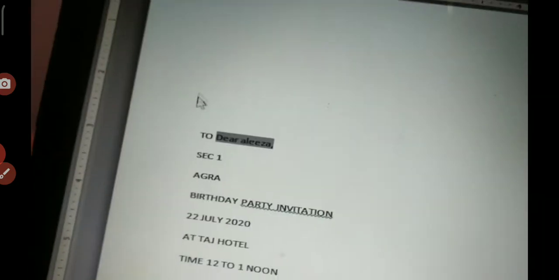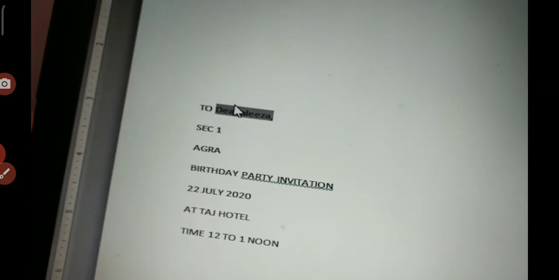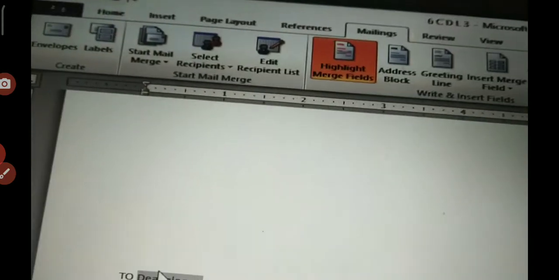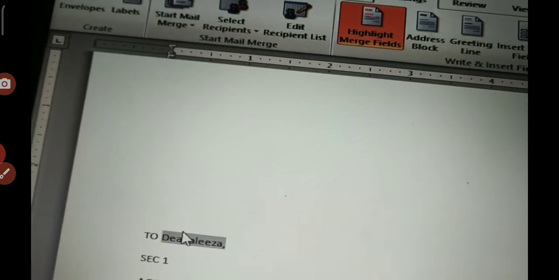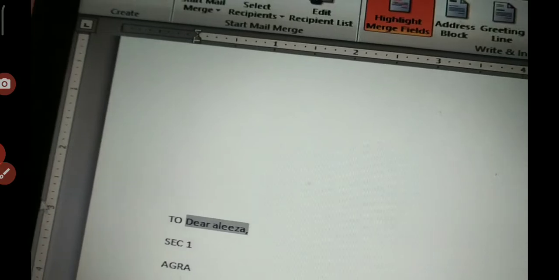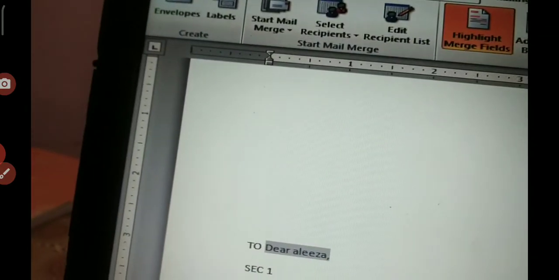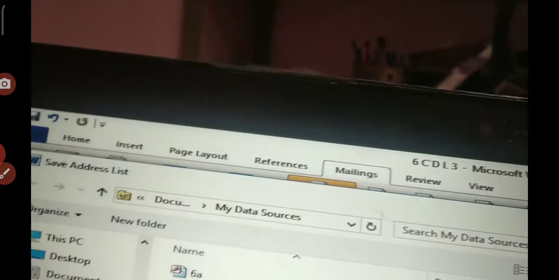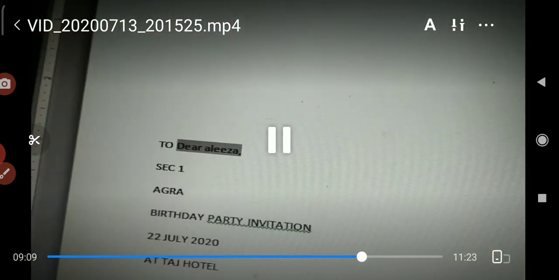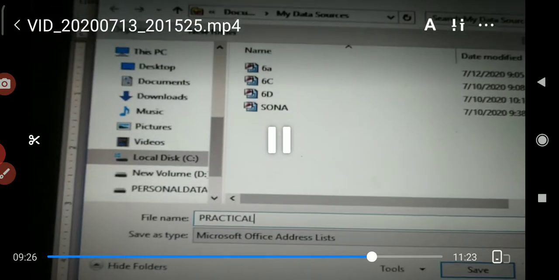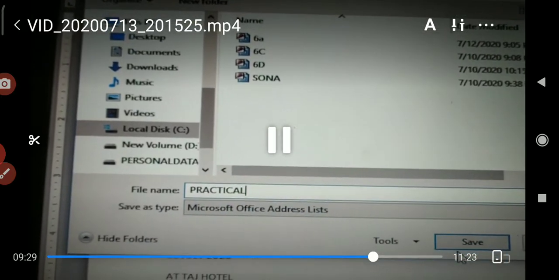Okay, so I have already created a main document and data source. Data source is a recipient list. So both I have created. Now we can enter this. You can see here in the previous one I already created, so you can here give any title like this and save the list. Okay, I am saving the list in which I typed 3 names.